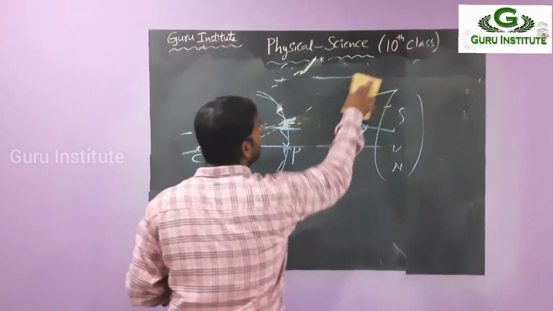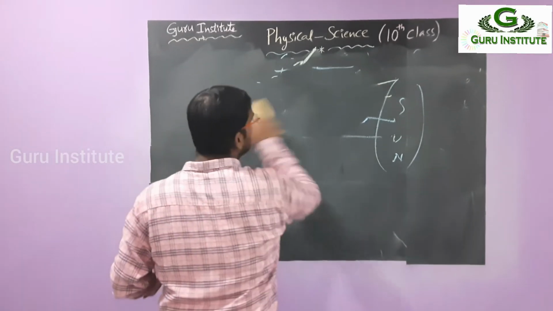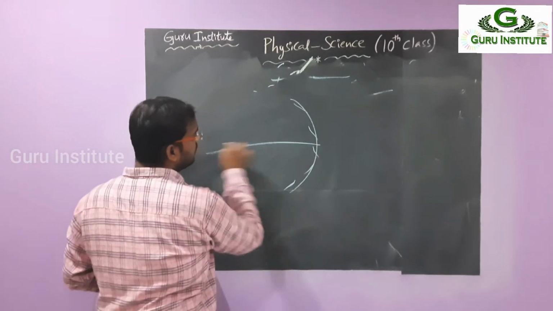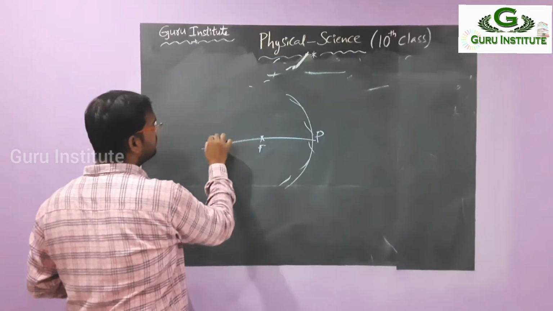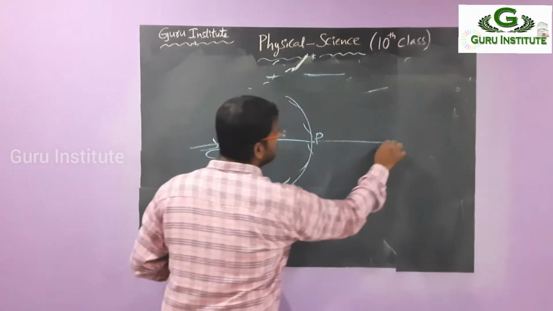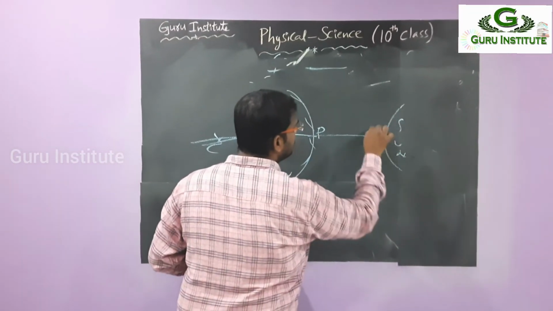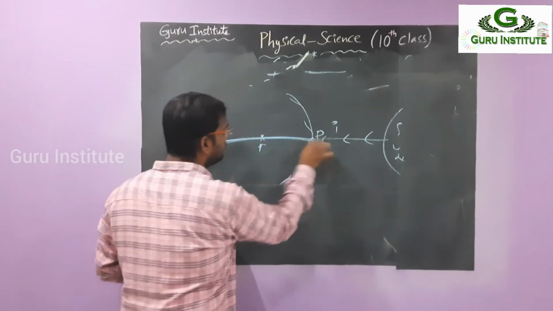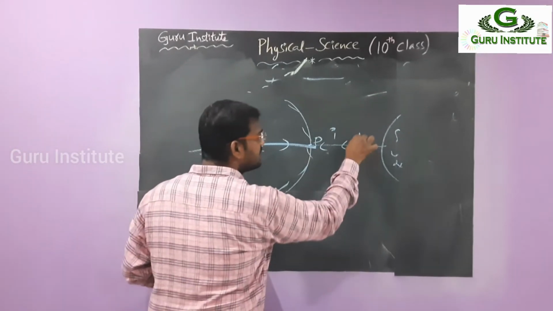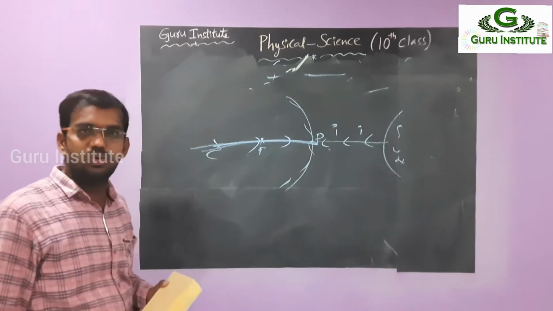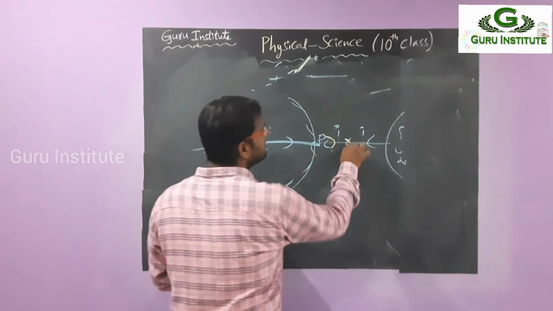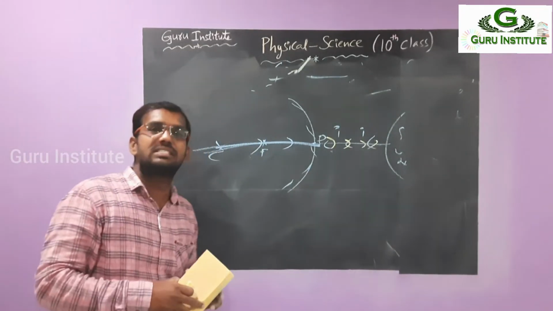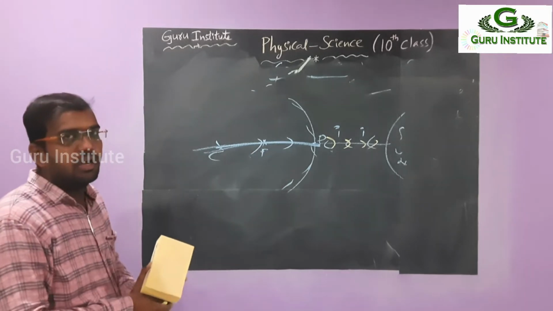Coming to the last case, a ray passing through the center of curvature. What will happen? Here P, then C. This is the source. Again, the same: this is the incident ray, falling on this one, and this is the normal. The angle between these two is what? Zero. Then it will be returned back along the same path. So this is also proved. Why? Because all these properties are the same for both mirrors. For explanation purposes, I am showing the convex mirror also.